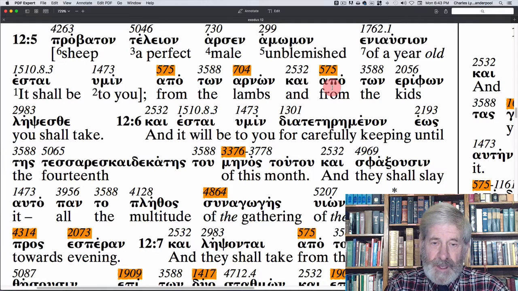The arneon. The only other place it was mentioned in the New Testament is throughout the book of Revelation. He's an arneon, the little lamb. Jesus is the little lamb. It's not the same as a kid, not the same as arnon, and not the same as a provaton. So there's a big difference here,